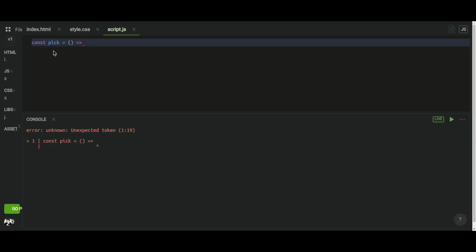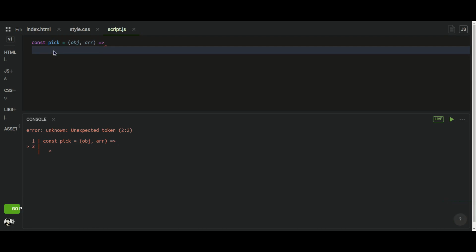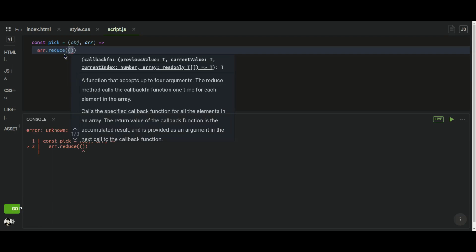object, right? So for that, first of all, I have created this pick constant, and in the constant I'll just declare a function which will have two parameters in it. One will be an object which you are going to pass, right? And the second parameter will be an array, which will be a collection of keys of your desired key value pairs, right? And in return I have used a reduce function. So I'm going to apply it on my key collection, right?